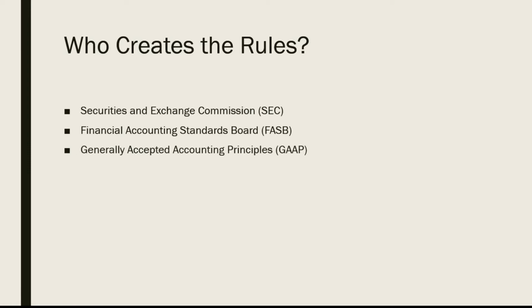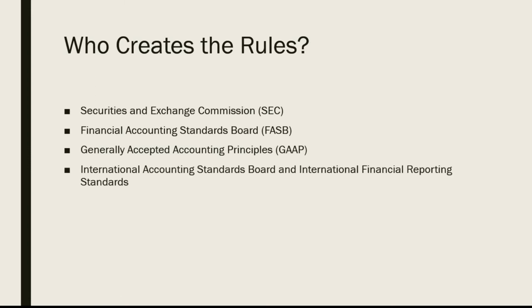So as I just mentioned, the Generally Accepted Accounting Principles are created by the FASB. Then you also have international financial reporting standards that are created by the International Accounting Standards Board. This is becoming more important because there's been an ongoing project for nearly 20 years now with the Securities and Exchange Commission for the United States to eventually adopt international financial reporting standards. Currently, in the U.S., we use U.S.